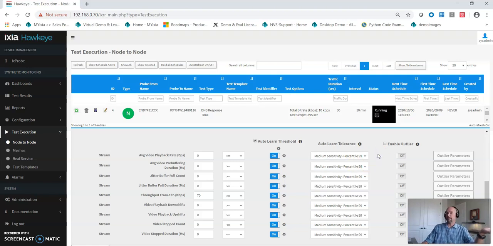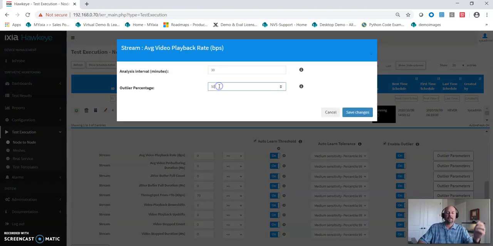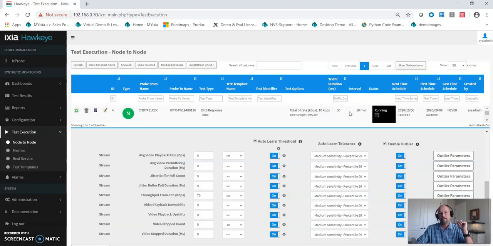Well, you're going to be alerted when any of these thresholds are exceeded. So what does that mean? It means one of these tests fails and emails come out, SNMP traps are sent, and you may not want that. So what we can do there is say, hey, let's set up some outliers. Let's set up a condition that says, within 30 minutes, 5% of my tests fail. Don't tell me about it, because